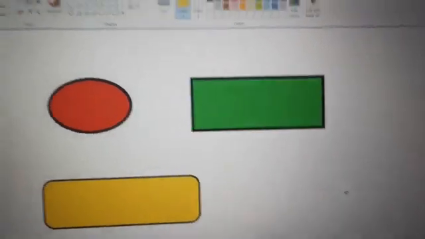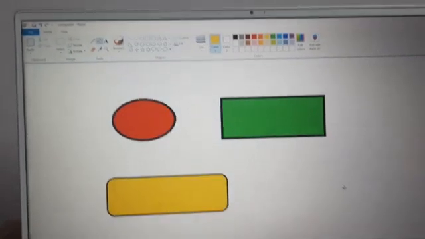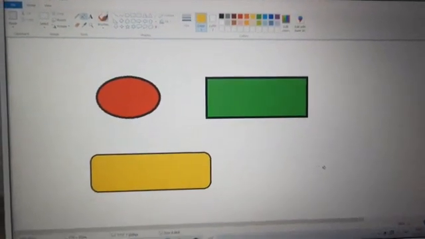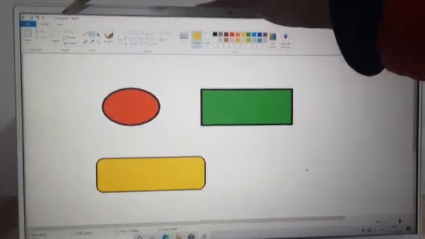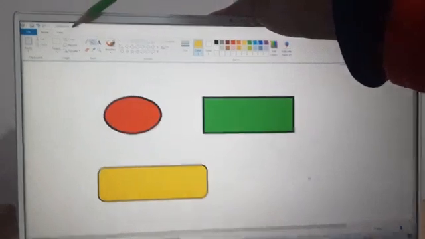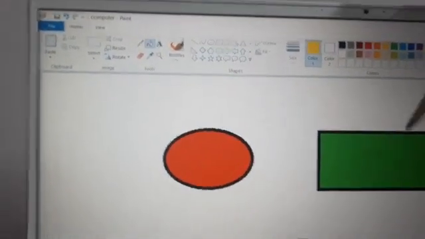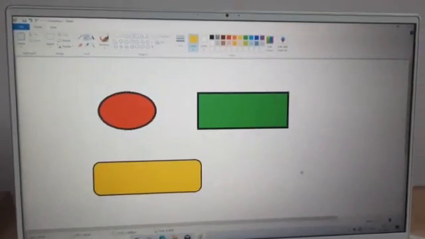Now my drawing is saved with the name computer. Okay, so these are the 4 simple steps with which you can save your file. See, here it is coming. My name is coming on the top, computer. That means my file, my drawing is saved with the name computer. Alright, now you can close it.